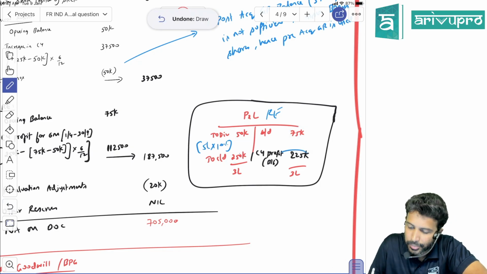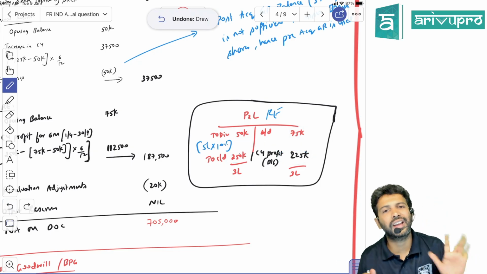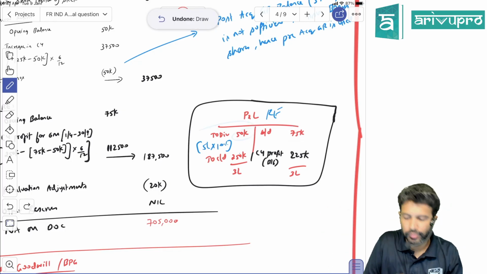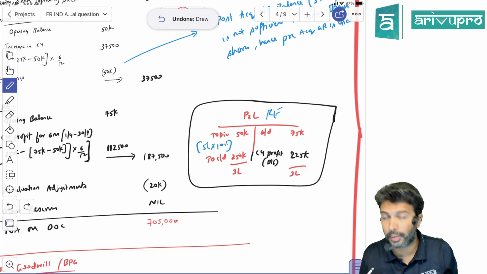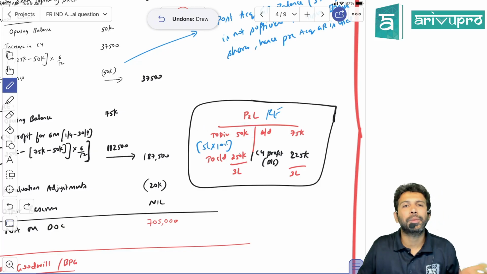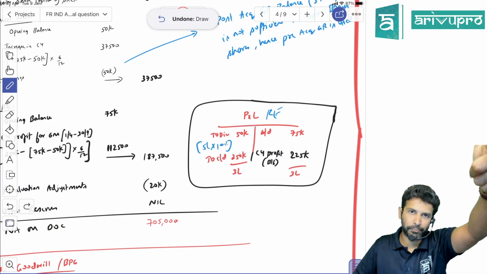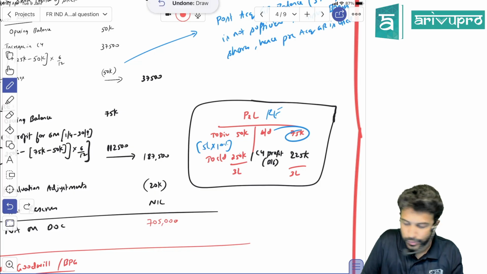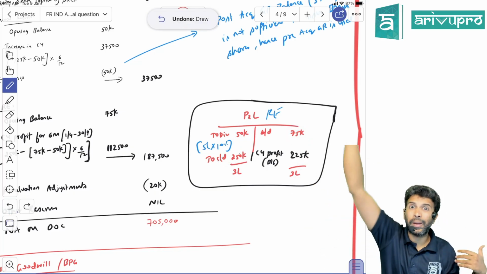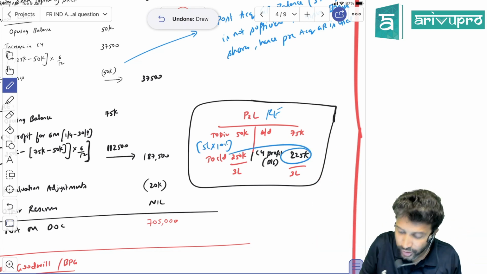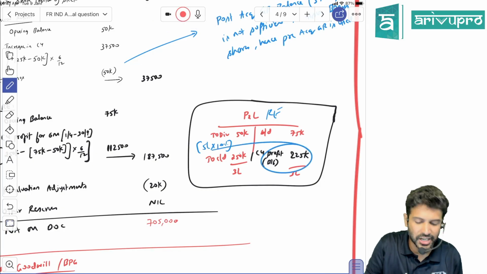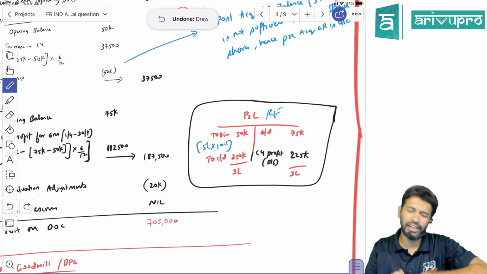Then opening balance is given, closing balance is given, dividend data is also given, but the balance is not matching. The balancing figure is nothing but your current year profit. It's common sense also. You had 75 opening balance, and from that they used 50,000 to pay the dividend. That means the opening balance available is only 25. But the closing balance is 250. From 25 it became 250. That means 2,25,000 is the profit made by the subsidiary company during the current year, meaning the profit of 12 months.